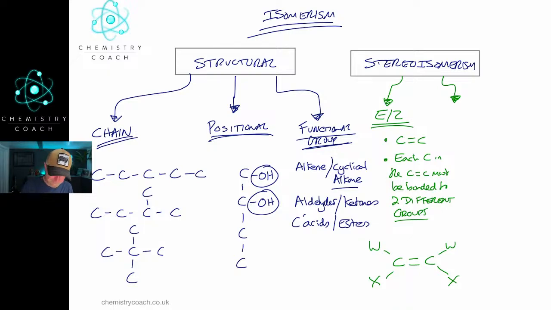So for me, in terms of priority groups, most of the time in questions, you just need to make a snap decision. Is this E or Z? So let's just call this CH3. I'm just going to put hydrogen there. I'm going to put chlorine there and a bromine there. And you need to decide, is this an E or Z isomer? Now, unofficially,